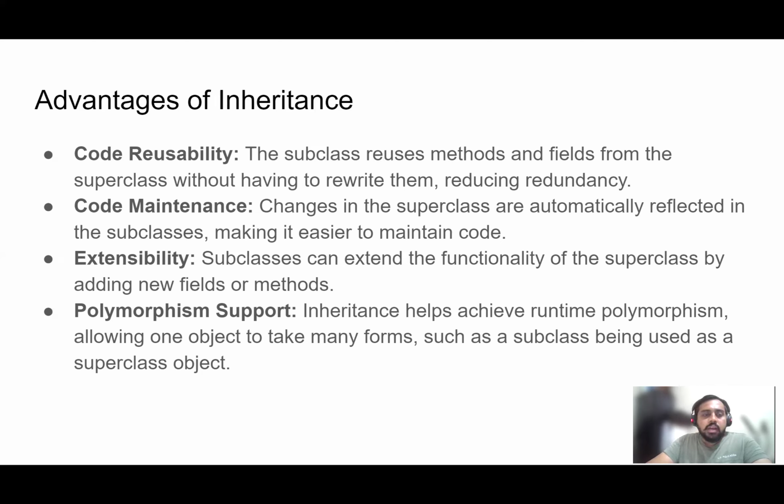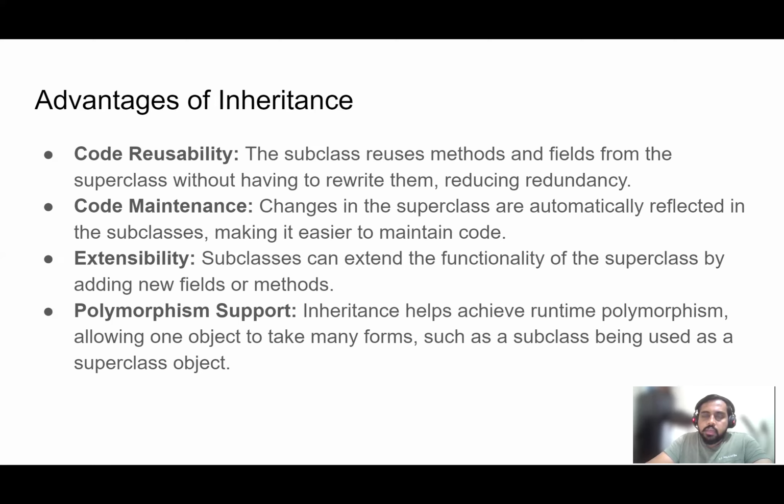And the third advantage is extensibility. That means subclasses can have the features of all. In our case, a dog is a subclass which can have all animal features and also its own behavior. That means a dog can be more loyal than a cat. So the loyal feature dog has its own, and we need to add only that feature to that child class. The rest we can borrow from the parent class. So subclasses can extend the functionality of the superclass by adding new fields or methods,